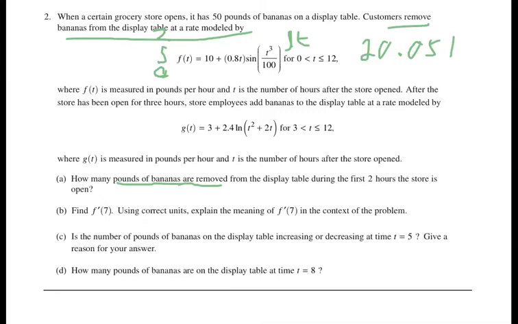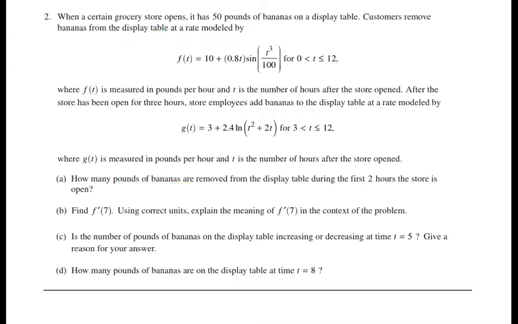Okay, part B. Find f prime of 7, use correct units, and explain the meaning of f prime of 7 in the context of what the problem's saying. So we are going to do f prime. So that is actually the second derivative. So we're going to math 8, and we're going to plug in the value of 7 because we want 7. Now, this original f is a rate already, the rate that the bananas are removed from the table. And it says, reading on down here, f of t is pounds per hour. So when you do the derivative, the math 8, and plug 7 in for this, you get